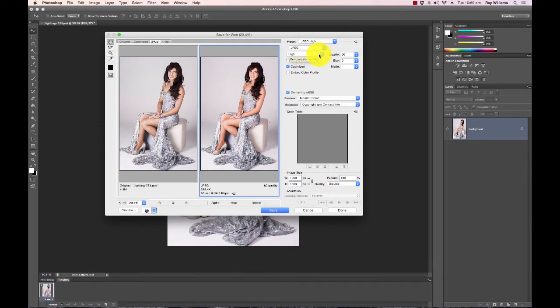Quality is at 60%, not too bad at all. That should work if you're trying to send something to someone, or put it on Facebook or Twitter or something like that, or Flickr for that matter. All right, so that's one way of doing it. The other way,